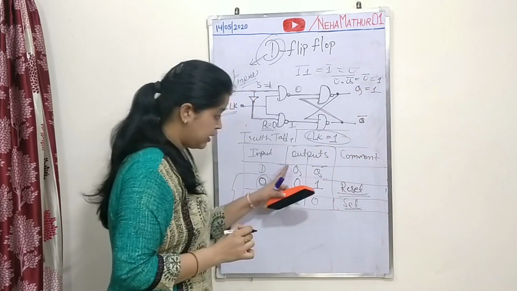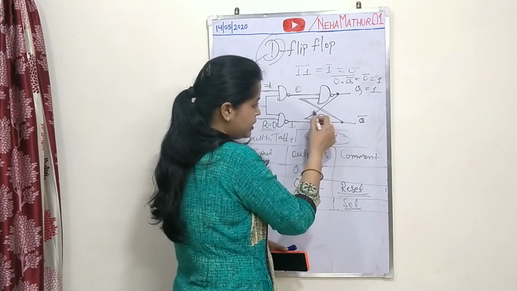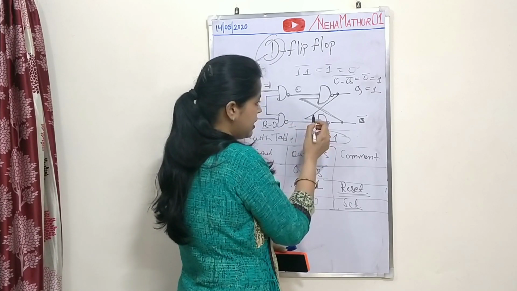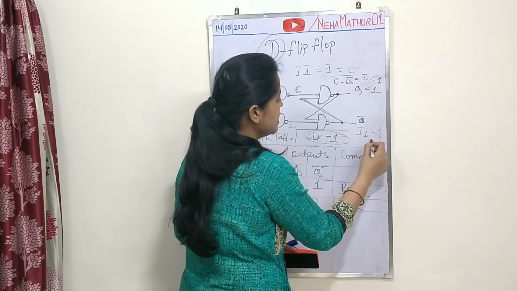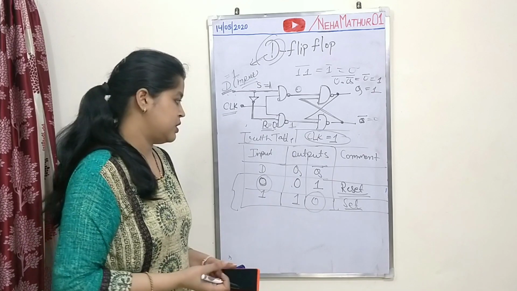So your Q is 1, and see your Q is 1. Now this one is applied over here for this NAND gate where 1 is already its one input. So 1.1 with its complement it will be 0. So now your Q bar will be 0 and we are getting Q bar is equal to 0.